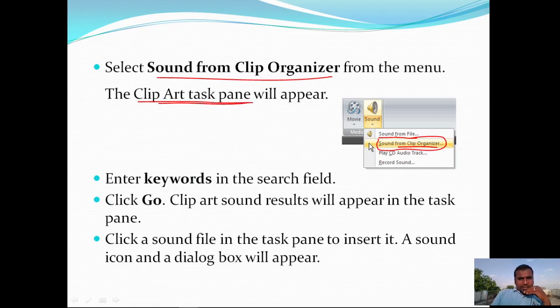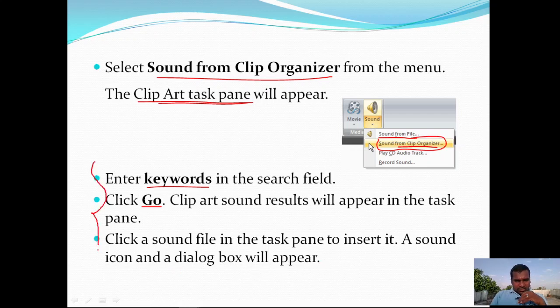In the clip art task pane, enter keywords in the search field. Click on the Go button. Then the clip art sound results will appear in the task pane. Click a sound file in the task pane to insert it. A dialog box will appear.